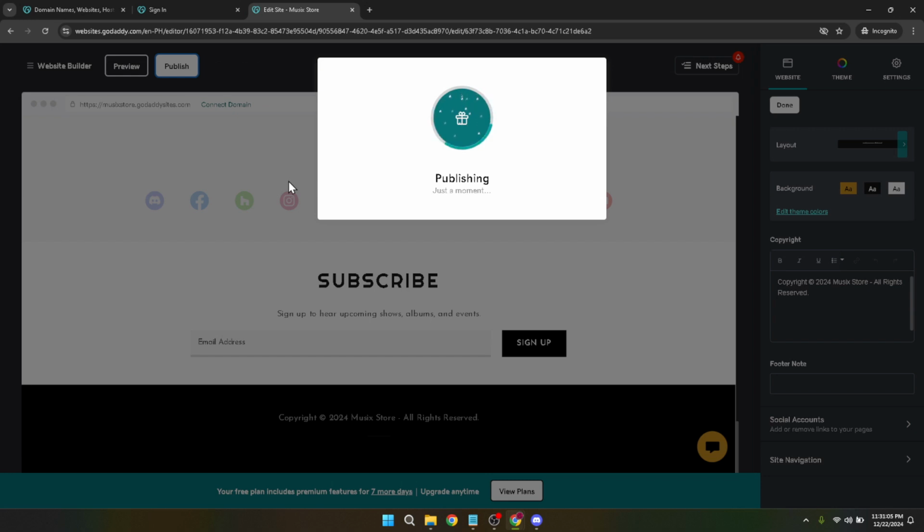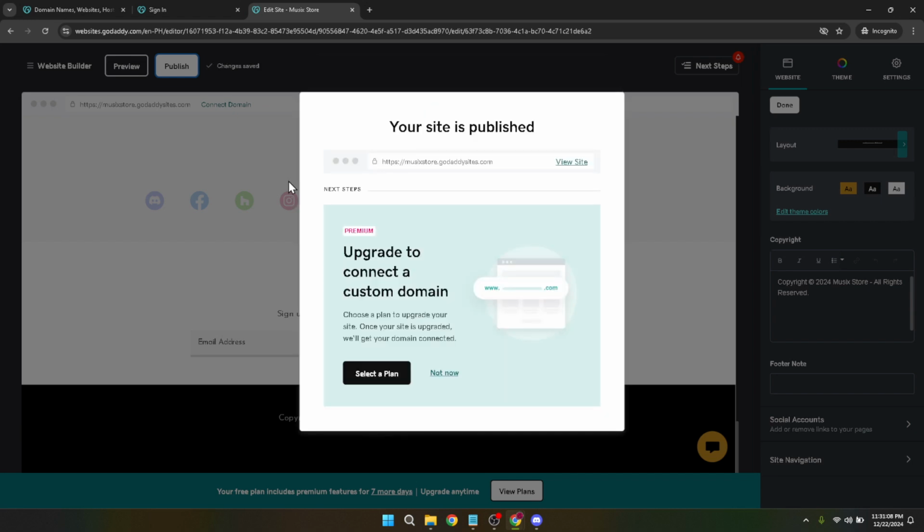Removing the Powered by GoDaddy text is a quick and simple way to customize and professionalize your website. It's a small change that can make a significant difference in how visitors perceive your website. Remember, the goal of customizing your website is to make it truly yours. With these steps, I hope you feel empowered to make adjustments that reflect your personal or brand identity more accurately.